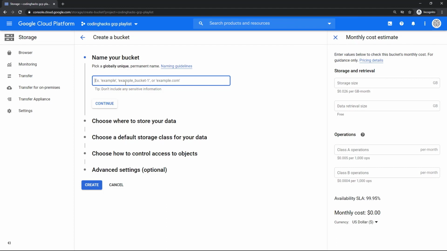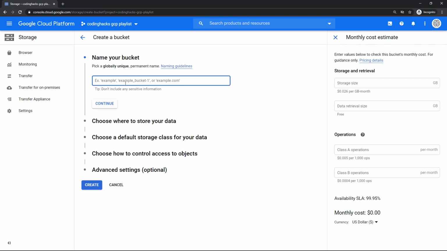That means you can't have a bucket name that clashes with any other bucket in the entire world, which means common names such as my first bucket are probably already in existence. Bucket names need to be globally unique. So, it's probably a good idea to prefix your bucket name with your organization name or your project name.